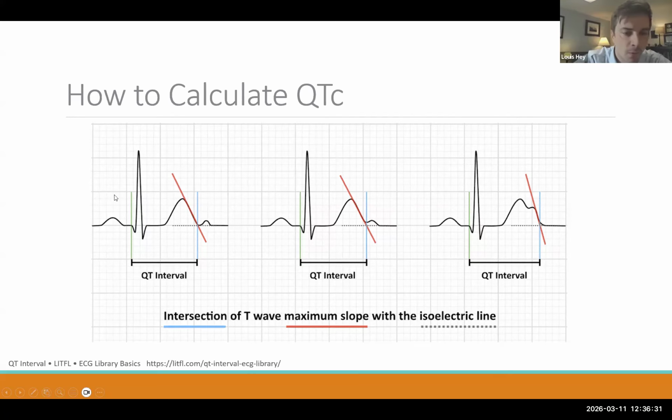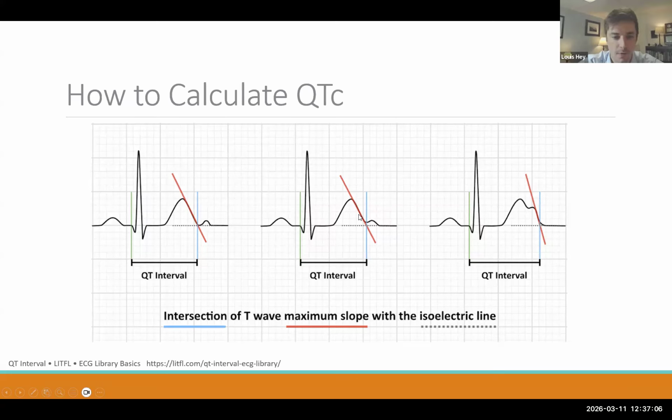Yeah. Okay. So over here on the left, if the U wave is clearly not connected, you ignore it and just use the T wave. Slightly connected, but not notched, you would still use that downward slope of the T wave. But over here on the right, we see a U wave that has backed up into the T wave and it's notched, and there you use the slope of the U. It's sometimes referred to as a QU interval, but true QU intervals are almost never used. This is still considered a QT interval.